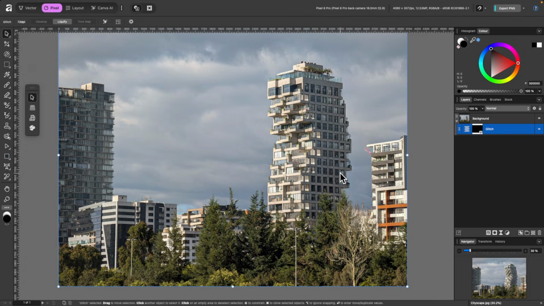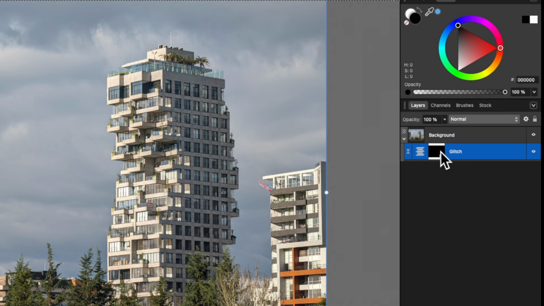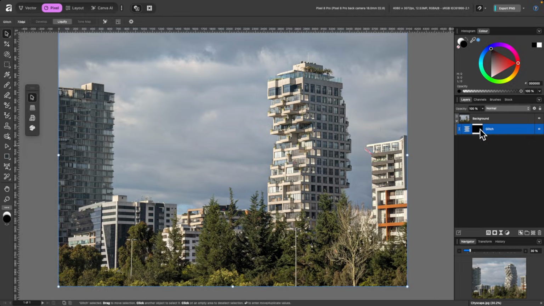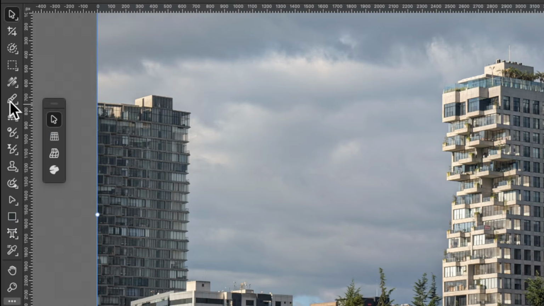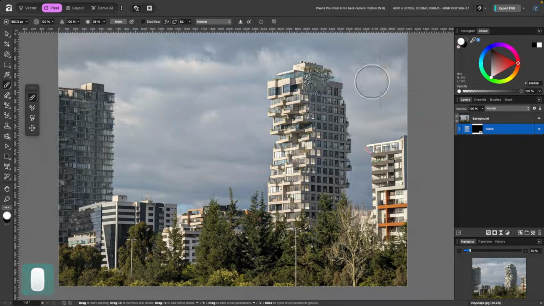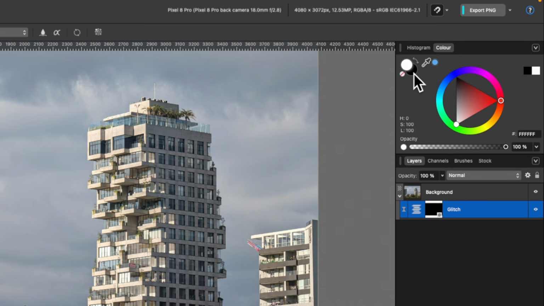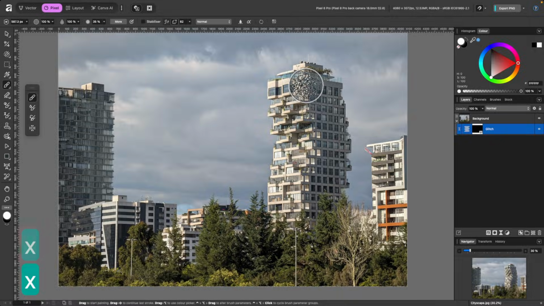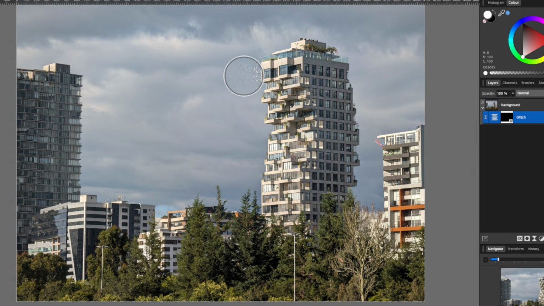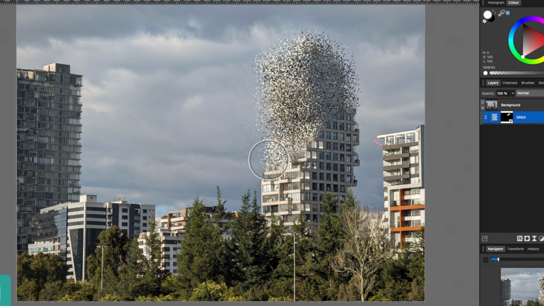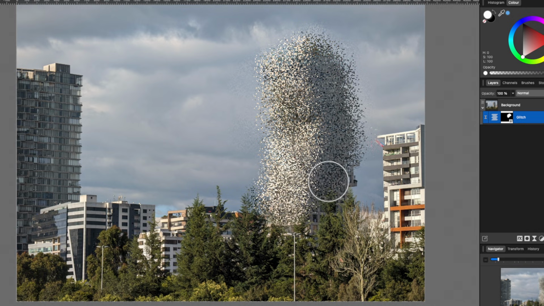And now we can see the image is completely normal again, but we also have this mask layer here. So now I can go over to the paintbrush, shortcut is B, and you can see up here there's white and then there's black. And you can press X on the keyboard just to switch between them really easily. So basically white reveals and black conceals. So I'll just paint this building away a little bit and see it looks a lot nicer. I can decide where I want this effect to be.